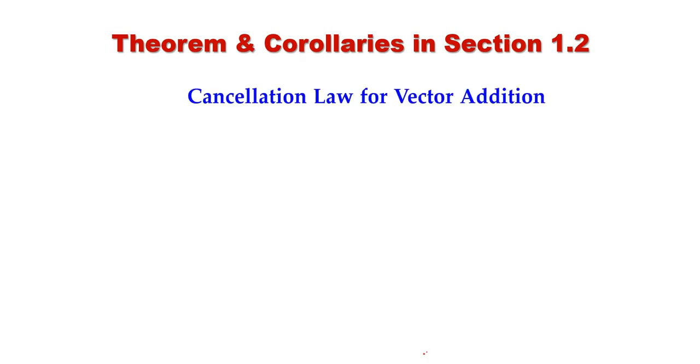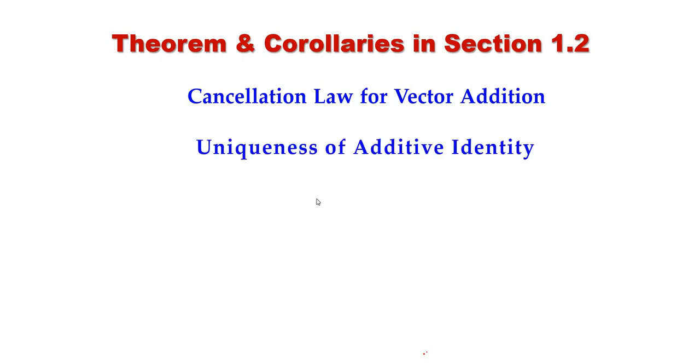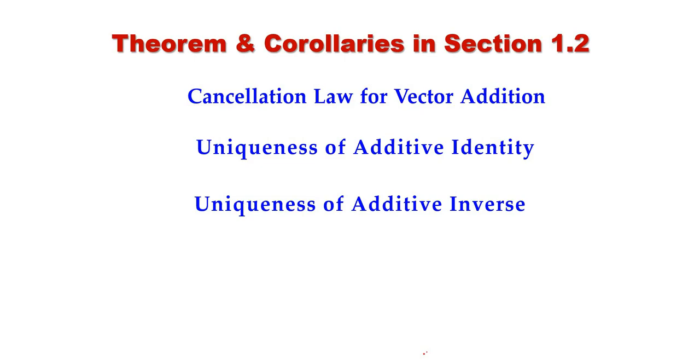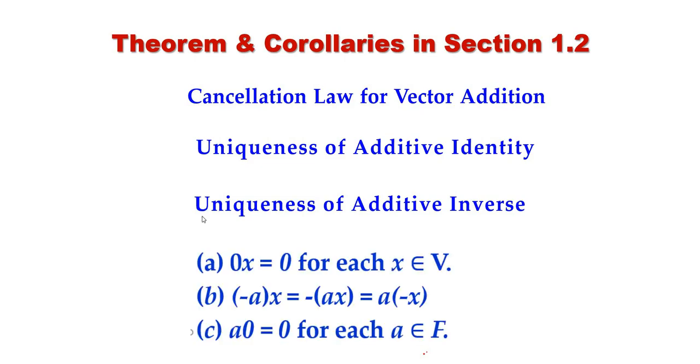In this video, we are going to have a theorem and its corollaries from section 1.2. The theorem is about cancellation law for vector addition, and its corollaries: uniqueness of additive identity, uniqueness of additive inverse. And we have a result in which we are going to have